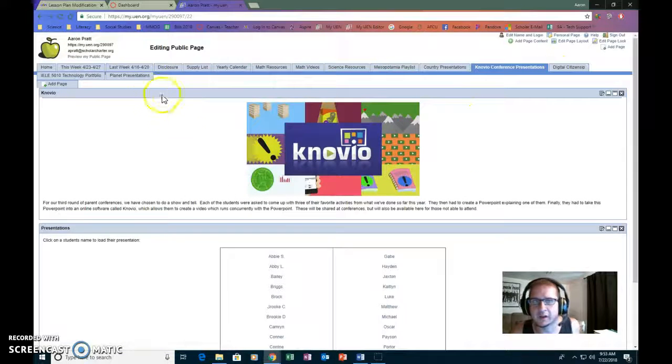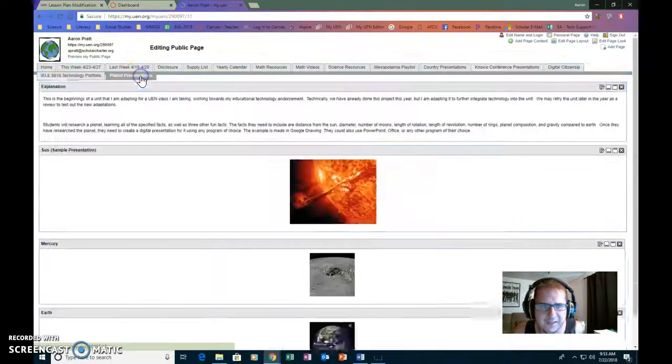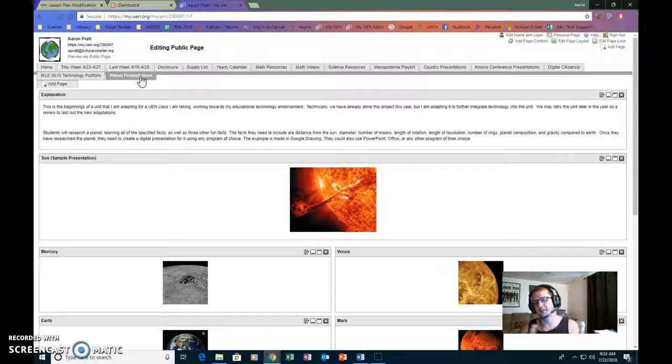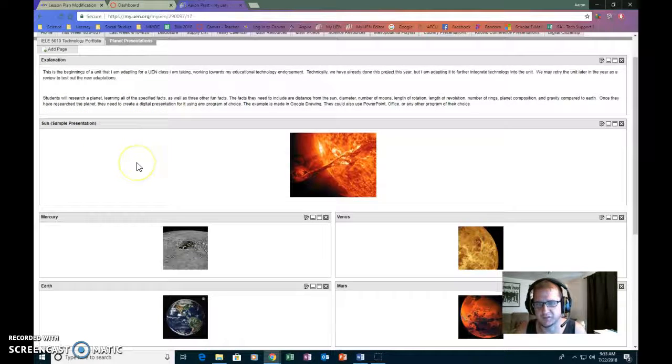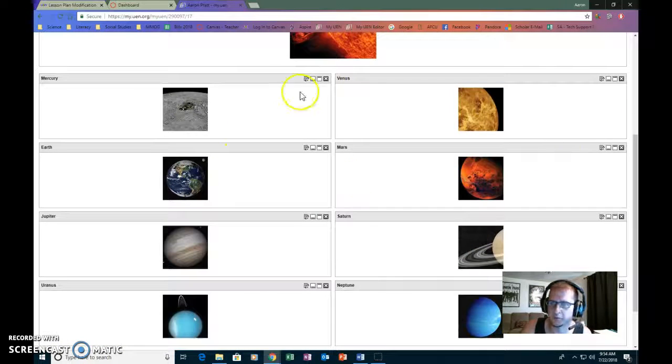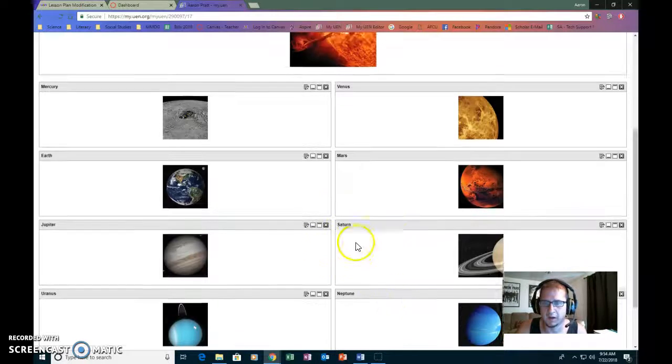The final thing on here is something that I have done every single year in sixth grade, but this is going to be a new twist to it. Every year I have them create a poster about a planet that they've done research on. So the technology is integrated there through the research as it is, but then we're going to take it a step further now. And rather than creating a poster board poster, they're going to create a digital poster. Now each of these will eventually link to the digital poster that they've created, but because I've not yet done this lesson with my students, I've